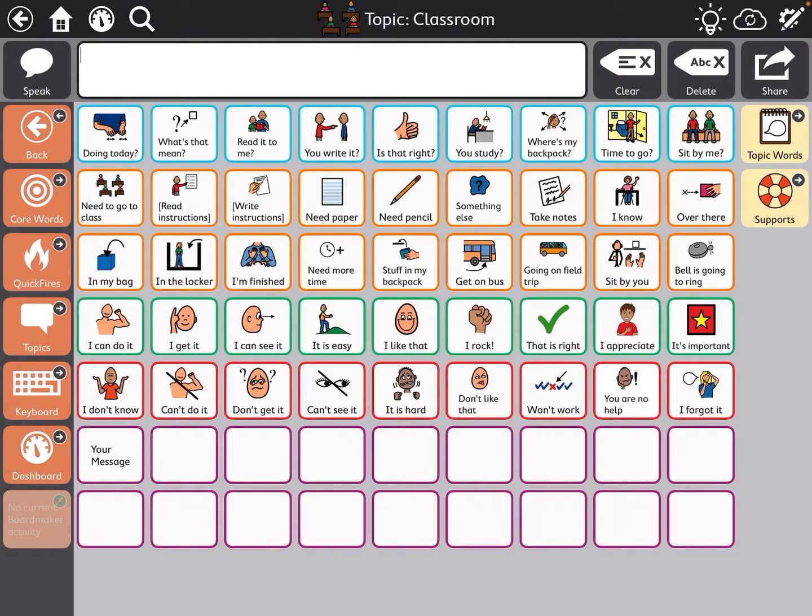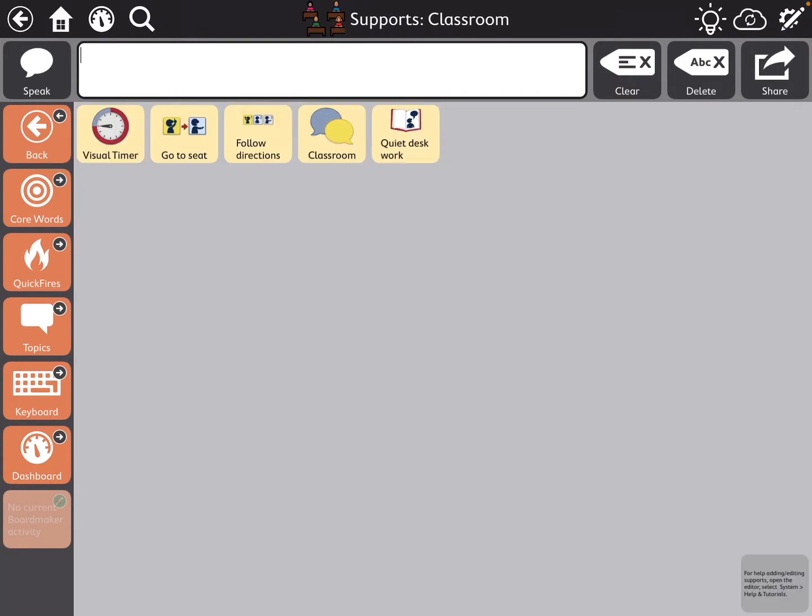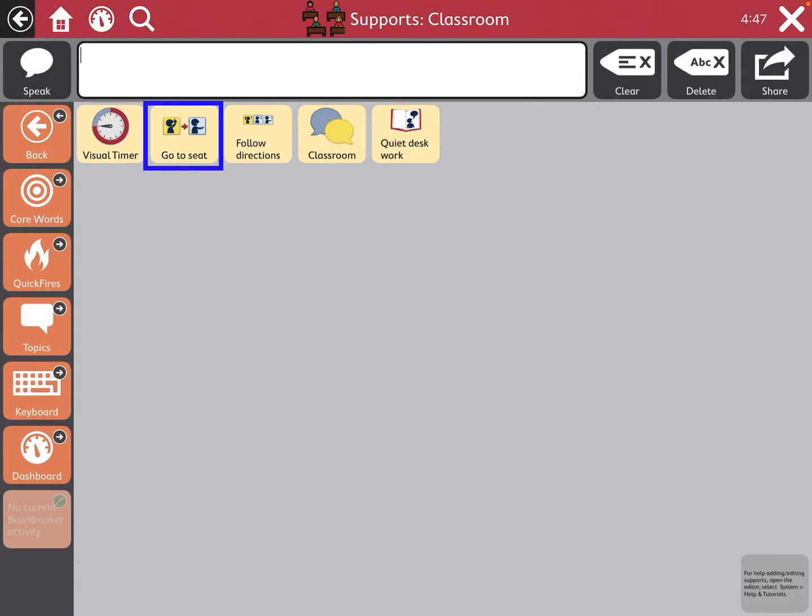Within each topic, there are also supports. So you can see this little lifesaver over here on the right. In those supports, there is a visual timer. The visual timer, I will show you where you set up how long it goes for. It actually just shows up at the top and it counts down. So it's the student's own personal visual timer, but it does not keep them from talking, which is very, very nice. There are also first then schedules,